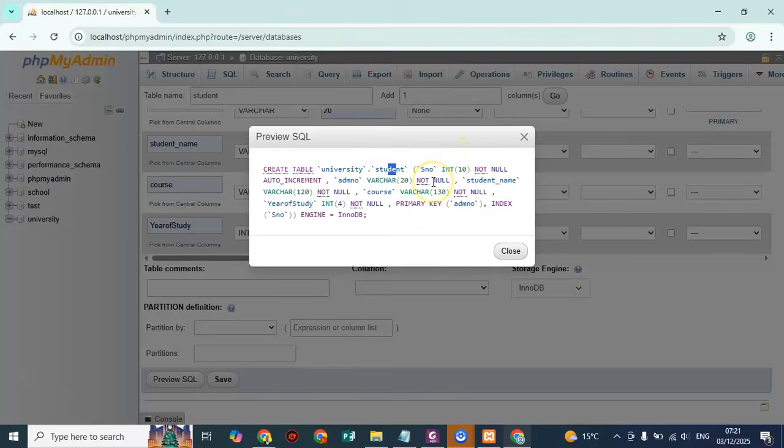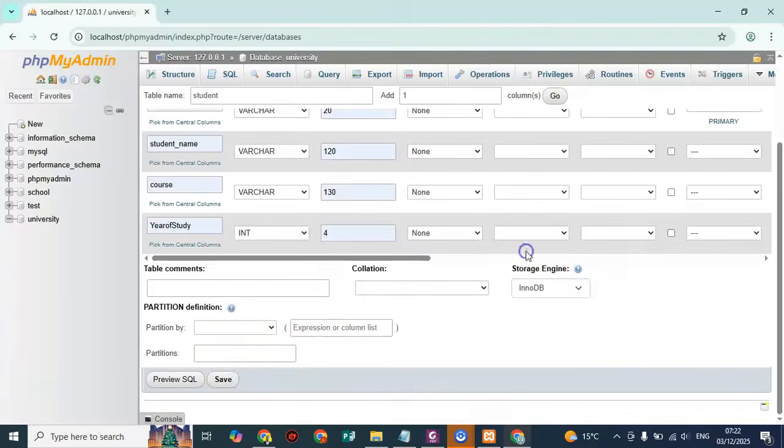Then this is what we want to do. SNO, that is serial number, that is an integer, we are giving it a value of 10, and it's not null. That is now it's an index. Auto increment. Okay, you realize that all the attributes are not even, there's no comma separation, there's one continuous. Admission number varchar, like that. So if you want to use the SQL bit, you can use that one, but I'm not gonna use that. So I'll save my work quickly,